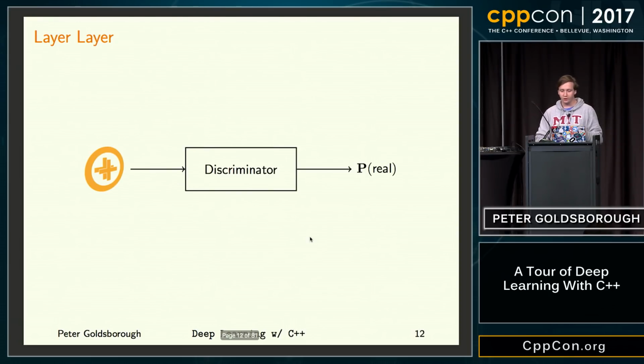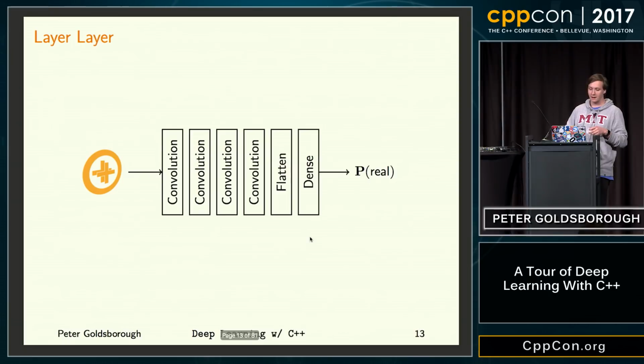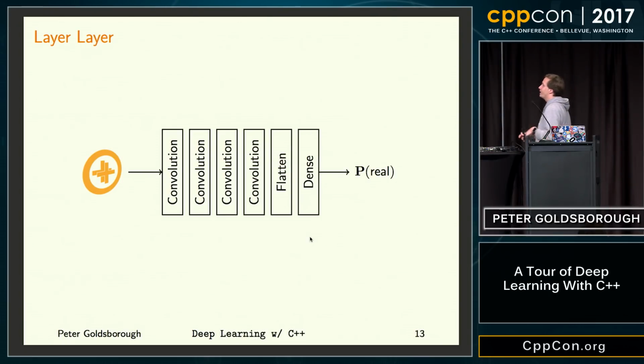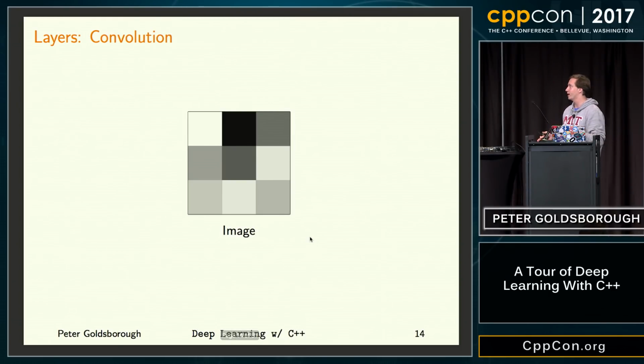So let's zoom into the discriminator here, and we can disassemble it into the layers that make up this discriminator model. We can see a lot of convolutional layers that I'll go into in a bit, and also a flatten layer, which is more of a utility layer that takes a 2D or 3D image and just flattens it out into a long vector, and also a dense layer, which is what you would usually expect from a neural network, with an input layer with lots of neurons and an output layer with lots of neurons, and those are connected with weighted edges. But let's look more at the convolutional layer, and later on we'll see how to implement that.